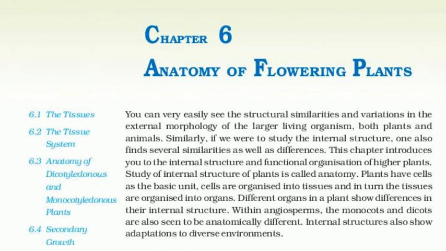The epidermis is the outermost layer of the primary plant body. It is made up of elongated, compactly arranged cells which form a continuous layer. Epidermis is usually single-layered. Epidermal cells are parenchymatous with a small amount of cytoplasm lining the cell wall and a large vacuole. The outside of the epidermis is often covered with a waxy thick layer called the cuticle, which prevents the loss of water. Cuticle is absent in roots.